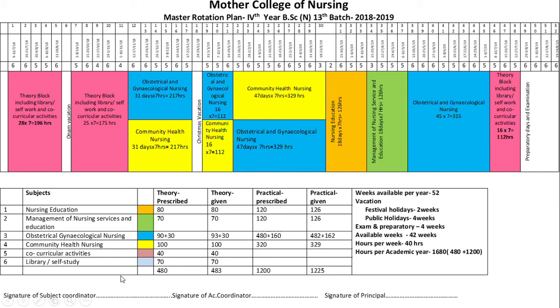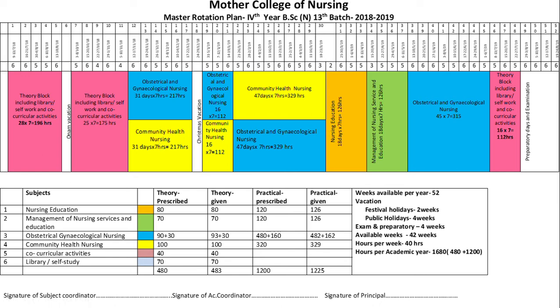So this is the way you prepare a mass rotation plan. Here the requirement is given. Here is the total number of weeks, the exact days of the exact week in which they go for the posting, and how many working days in each week, all written here. So it is self-explanatory. If a person sees it from outside, it will be self-explanatory. Next we will see how to prepare it.